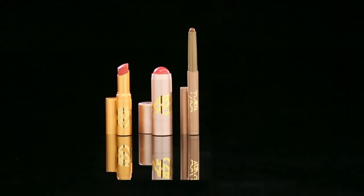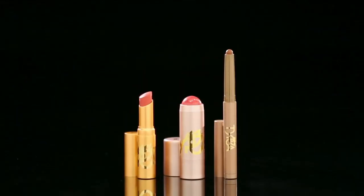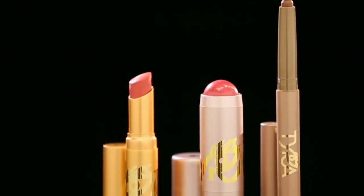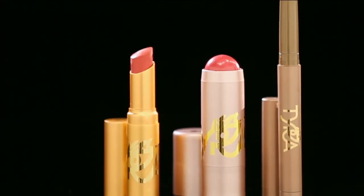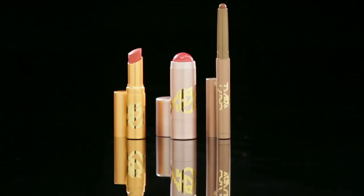Having fun and celebrating your beauty, and don't let anybody tell you that you are not beautiful. You look in the mirror and you find that thing about yourself that you love, and you celebrate that. All right, that's what we want, and that's what Tyra's delivering to us tonight. We're not talking about another cosmetic line. We're talking about a cosmetic experience that when you wake up in the morning, you look forward to saying, you